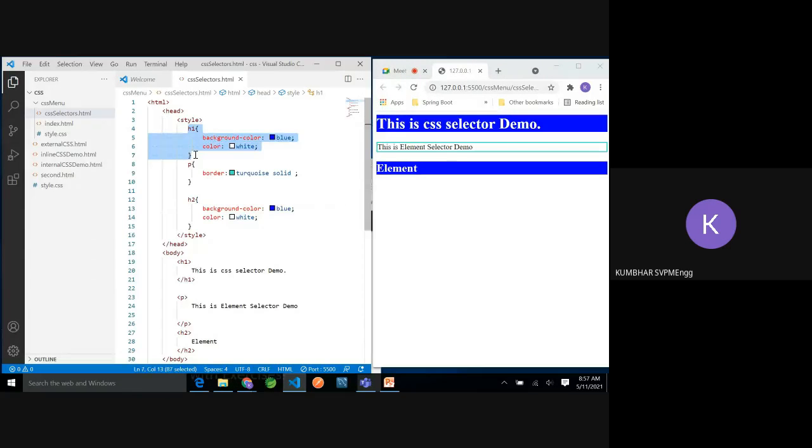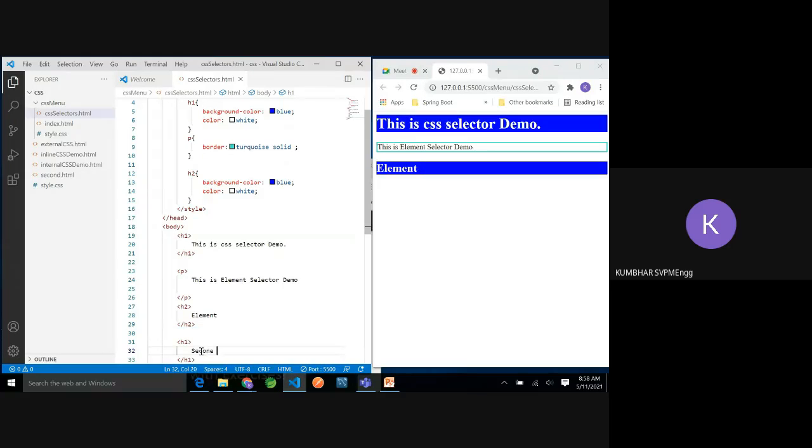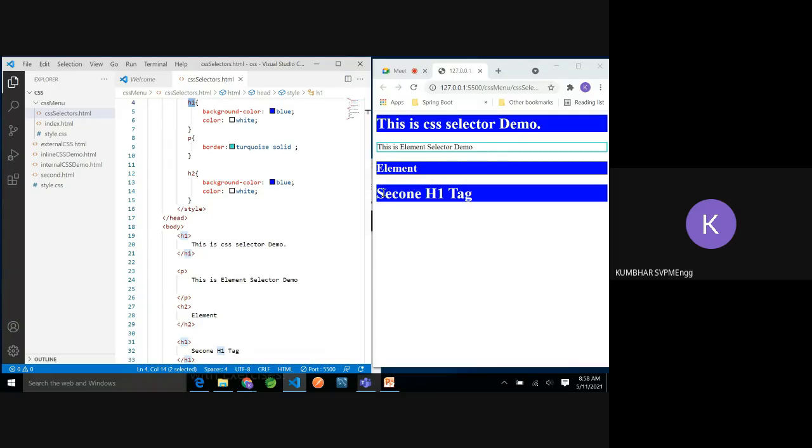So suppose this is an h1 tag, correct? For h1, I have defined these two styles. So whenever I use this h1, let's say a second h1 tag, that style will be applied. As many h1 tags as there are on that page, everywhere the same style will be applied. This is the second, this is the first h1 tag. So I hope I cleared your doubt. Yes, sir. Okay, great. So let's move ahead.